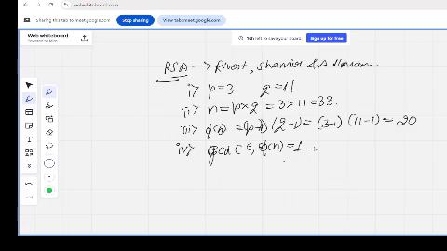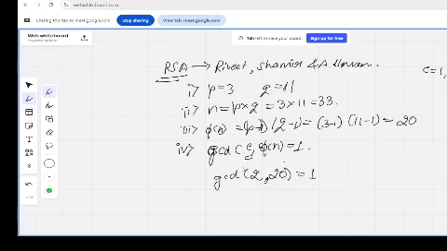Now how will you calculate the value of e? You know GCD, or HCF, highest common factor or greatest common divisor. First you choose the value of phi n. What is the value of phi n? The value of phi n is 20, so you can write here 20. And we know that the GCD should be equal to 1. Now you have to assume the value of e one by one. You can choose the value of e first 1, then 2, then 3. Whenever the GCD becomes 1, that is the value of e. Suppose I am choosing first 2.